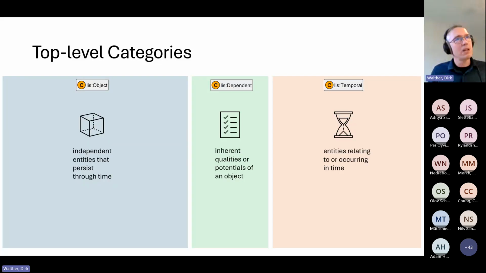Okay, so now IDO provides top-level categories. And these are the top-level categories. There are 3. Object, dependent, and temporal. So now what is an object? An object is a class, or a class of objects consists of independent entities that persist through time.